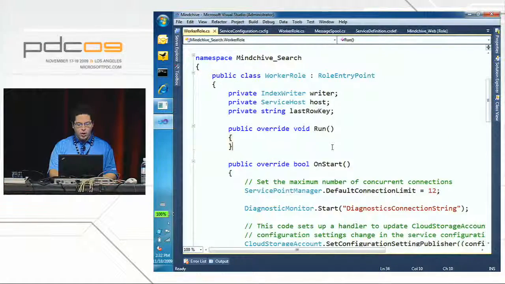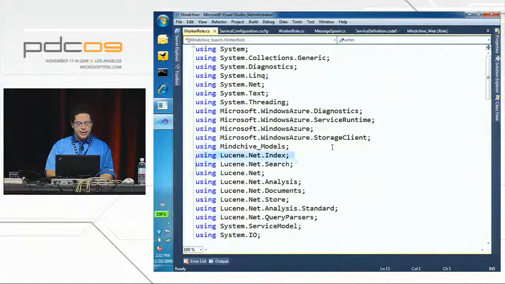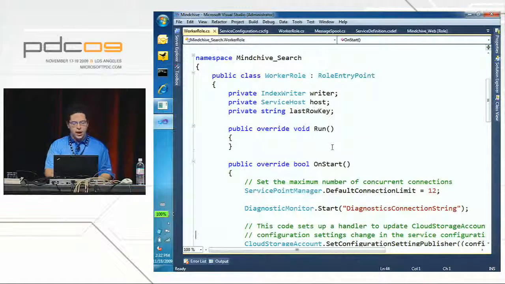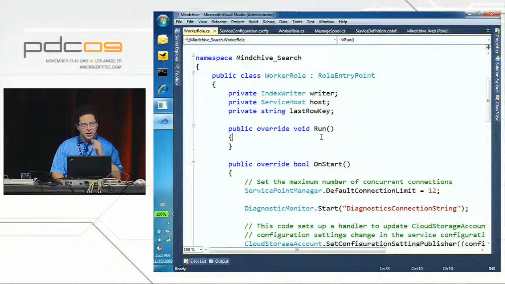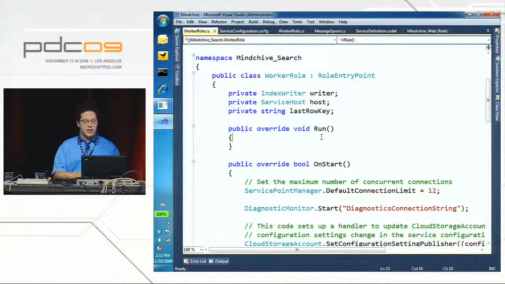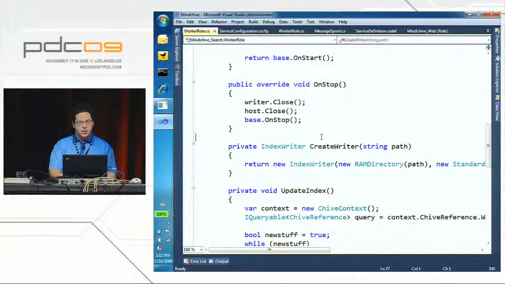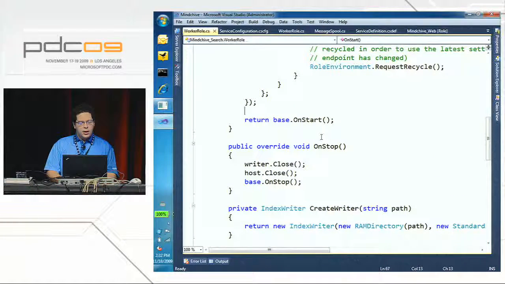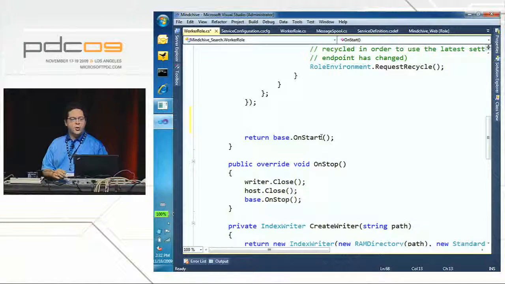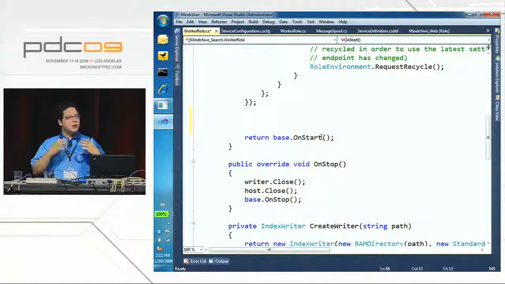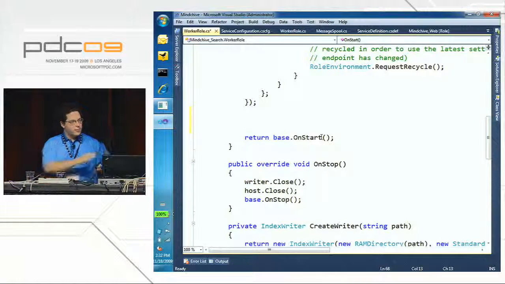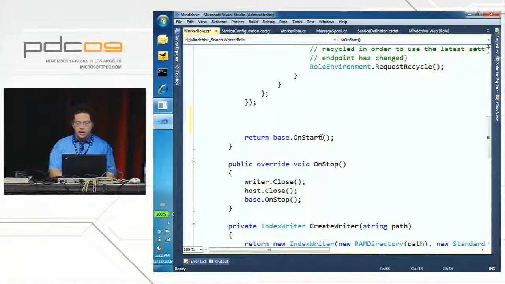Go to our worker role where you can see that I've pulled in all the Lucene stuff. I have all the code here, the code that does stuff, but you'll see there are some big blanks. Like the run method is completely blank, and there are some other things that are missing. In here we're going to do a couple things, but since we just did the endpoint, let's do starting the search service. We haven't dealt with the index yet, but I'll fill that code in a minute. But what we want to do is call